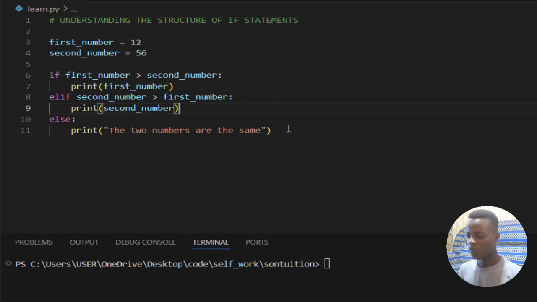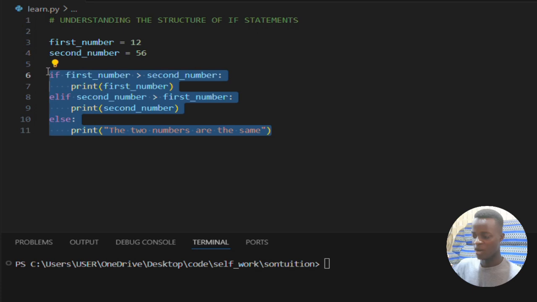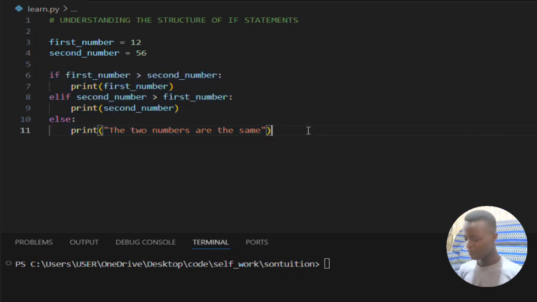If you have a structure like that, with if, elif, and else together, this block of if statement is going to produce only one answer. Only one of them will run. It's a block of checking. It's going to check the conditions, and the appropriate one that is correct will run as the result of the entire if block statement. But then under this, if you start another if statement,